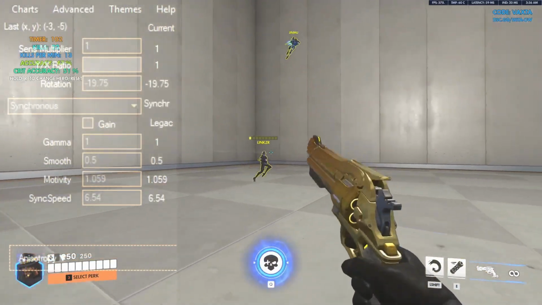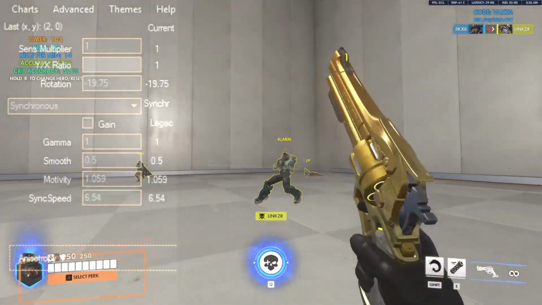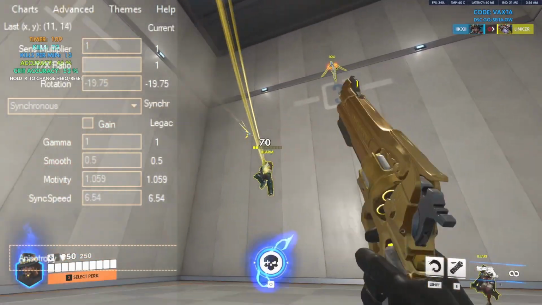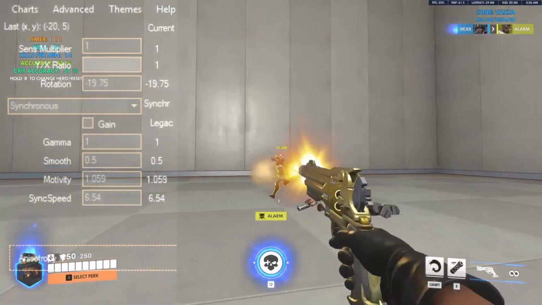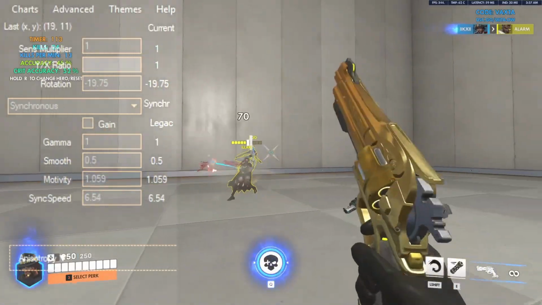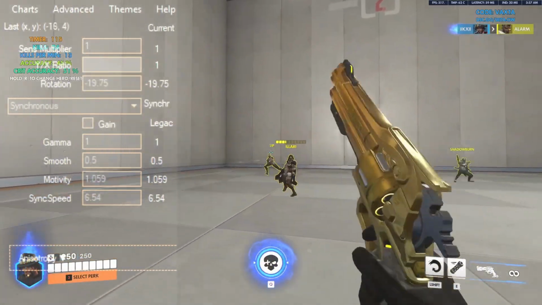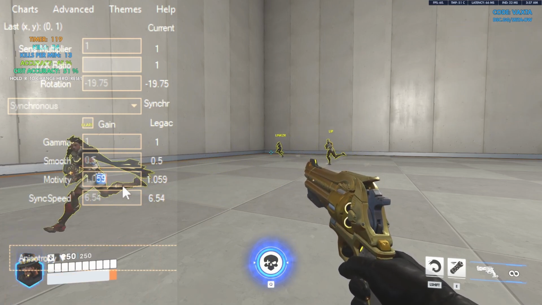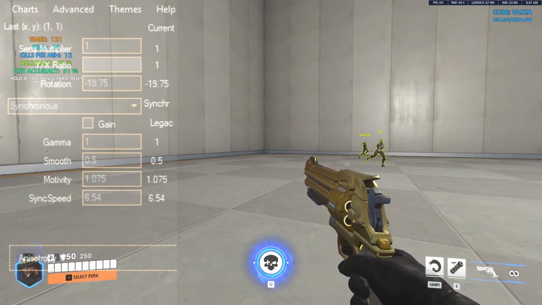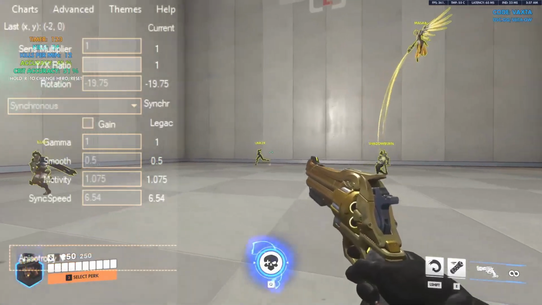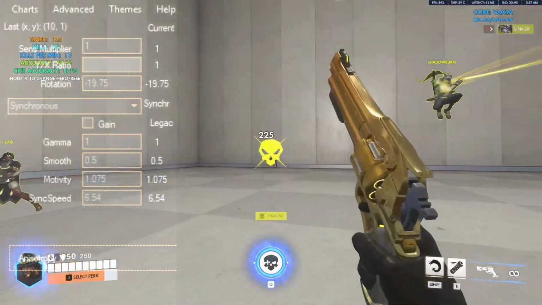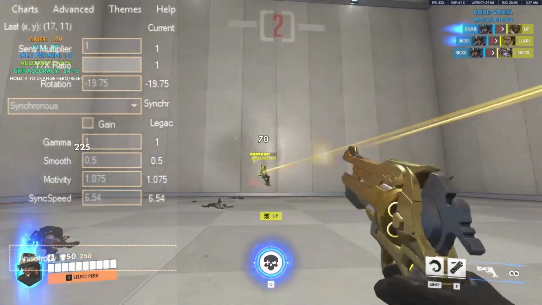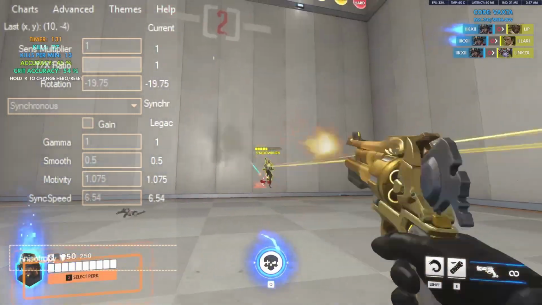So that being said, your sync speed, if you have higher DPI, higher value, fine. Lower DPI, you have lower value. It will give you the same results. That's what I'm trying to say. With a higher DPI, they scale with it basically. So if you want to change your middle point to the left or right, like you want to make it kick earlier, you lower your sync speed, which means you're saying increase my sensitivity earlier. If you want to make it kick later,